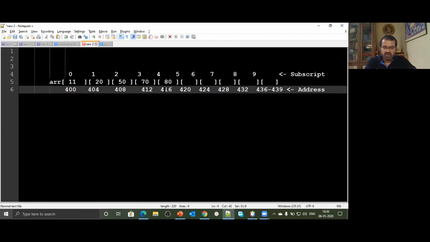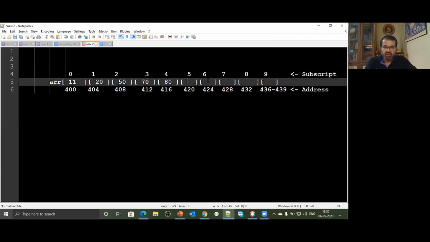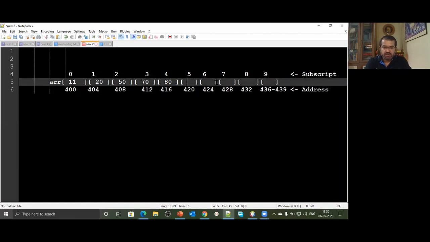So that's about the values I'm trying to store. And here, suppose I store for the 6th location, this became 3rd, 4th, and this is my 5th variable. Array of 5 is the 6th variable. Ampersand of array of 5 means its address. At this address, I store the next value. Say after 80, I store 90. So I stored 11, 20, 50, 70, 80, 90, and so on.